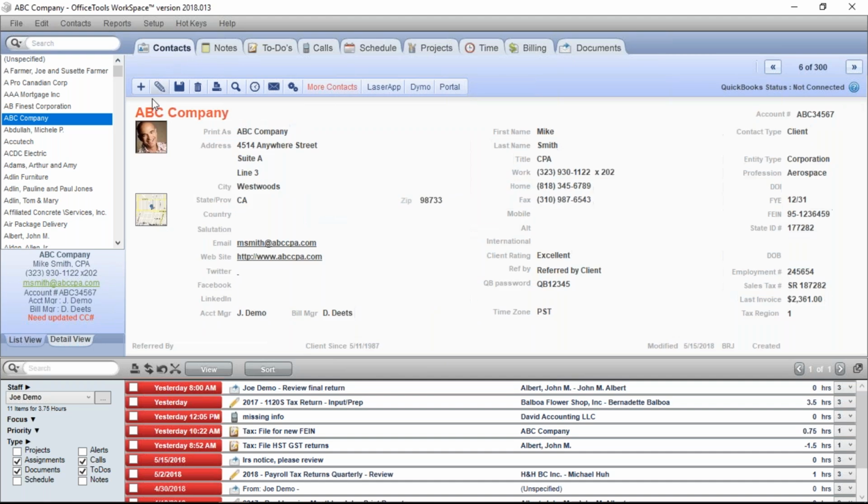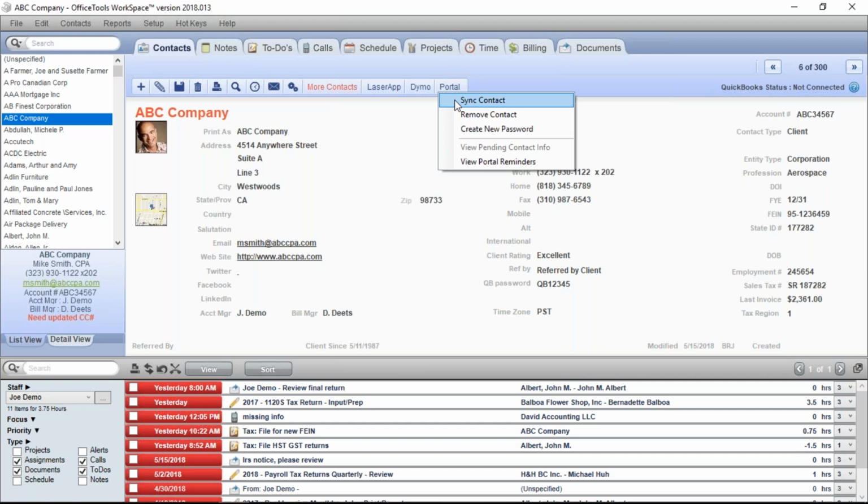Once you have a contact within OfficeTools and you have the portal, you just need to verify that they have an email address. Once that's done, there's a button here on the top that says portal. It's as simple as clicking the button and choosing to sync contact. Now there's emails that are generated whenever anything is done in the context of the client portal to communicate to all the parties involved, that they've been synchronized to the portal and they have a new account, or perhaps that you've uploaded a document. You will receive email notifications when they have sent you a document.